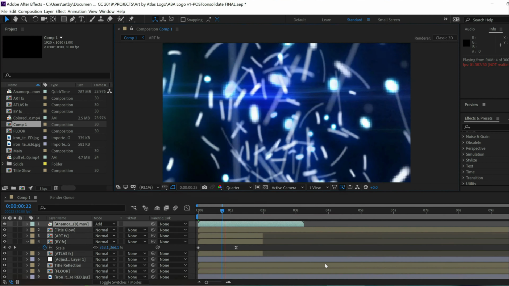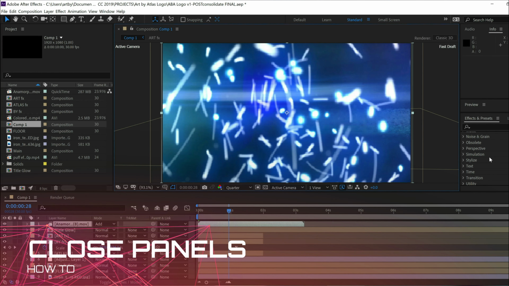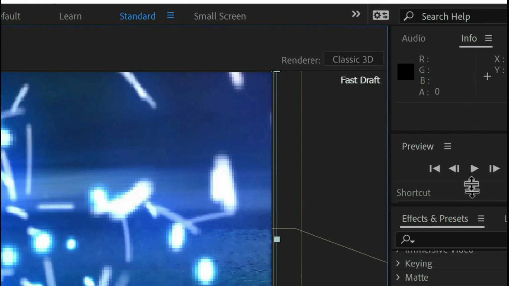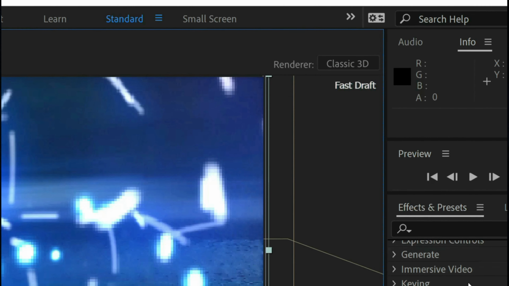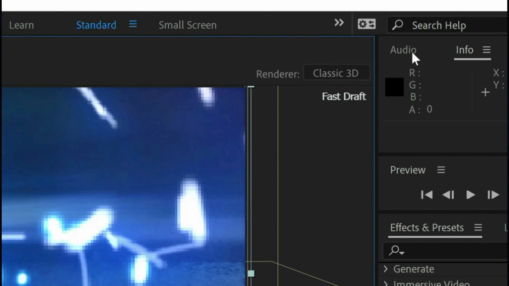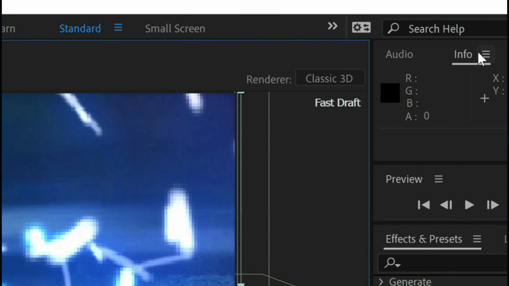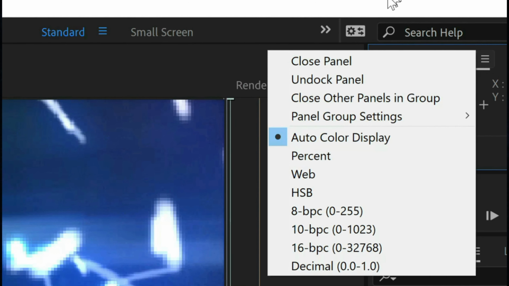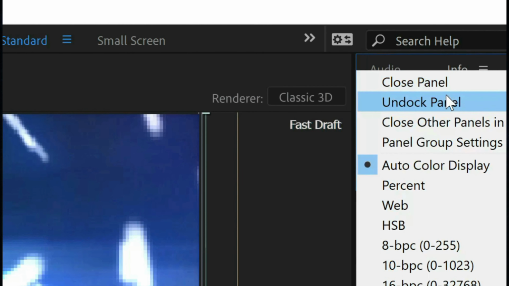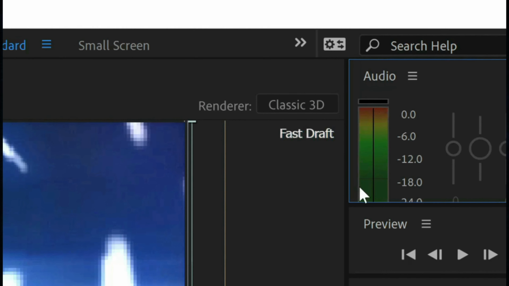One of the final elements you can do in the workspace is to close your panels you're not using. Silly as it sounds, everything you see on your screen takes GPU, CPU, RAM, and all the other initials to render. That can slow your After Effects down too, even if it's just a little bit. So right-click on and close any panels that you're not using at the moment and won't be for the foreseeable future. For example, if you have the info panel open, but you're not going to be needing it, just get rid of it. Now let's focus on ways to speed up your rendering.